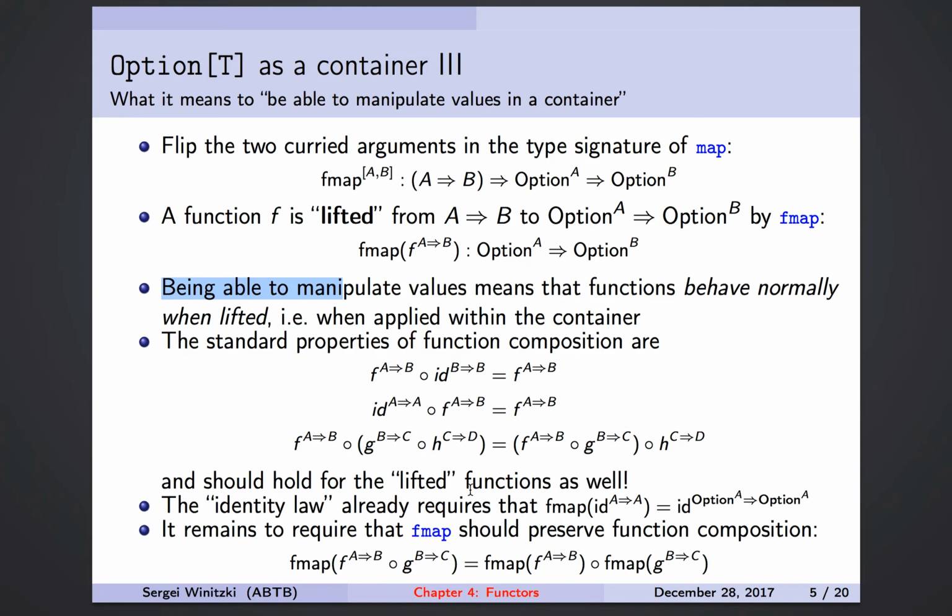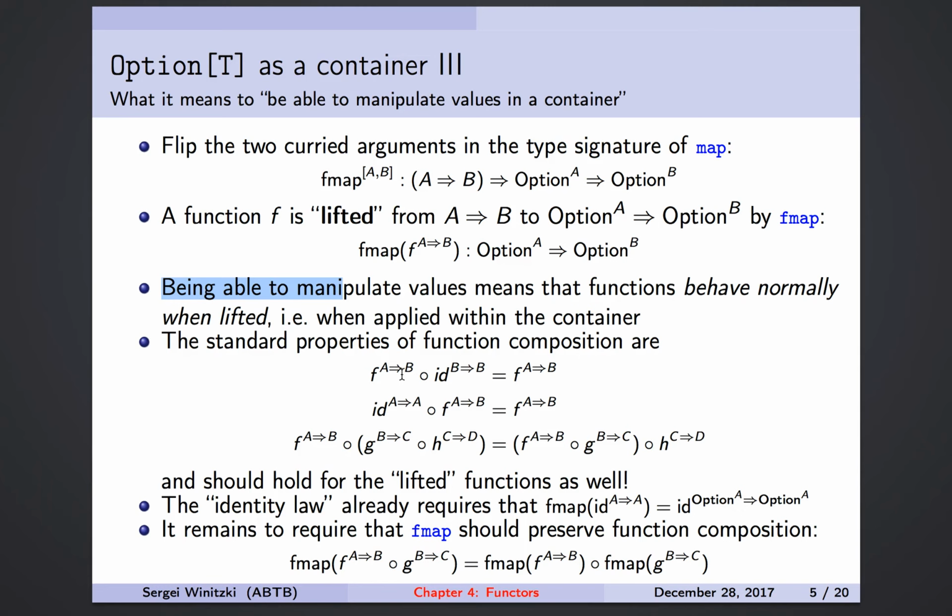So that's going to be a bit difficult to understand, but actually what we're going to do is we're going to say that, well, we already have the identity law, which was motivated by information loss avoidance, and that requires that Fmap of identity is equal to identity. And so when you lift identity, you get an identity on the lifted type of the container. And so